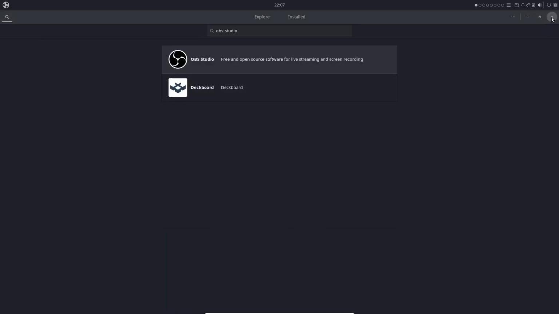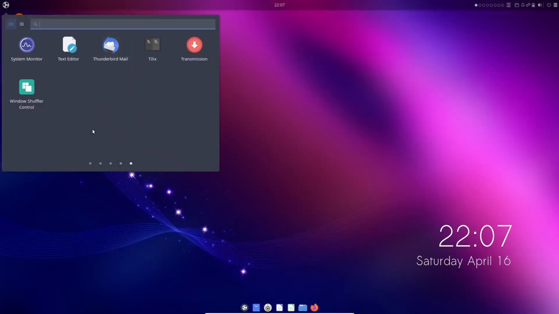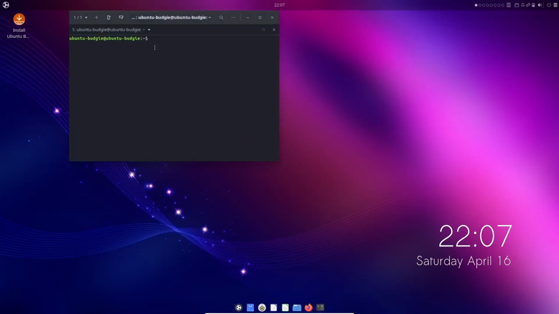So I'm going to go ahead and close out of that. That's a good looking store. Let's go back up here and let's go to the last page. You got your system monitor, text editor, Tilix. Let's open that up. That's a tiling terminal, but all I want to do is see if they have HTOP,